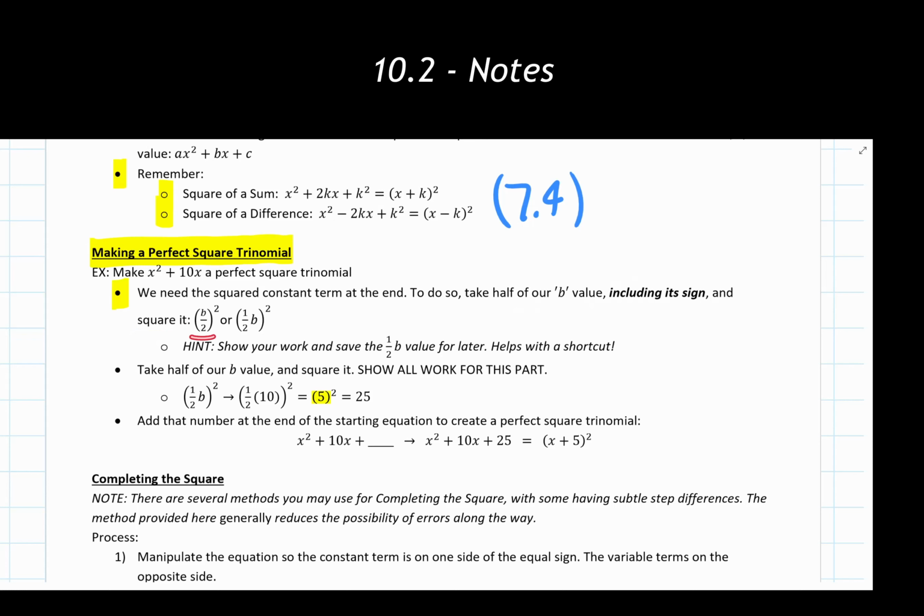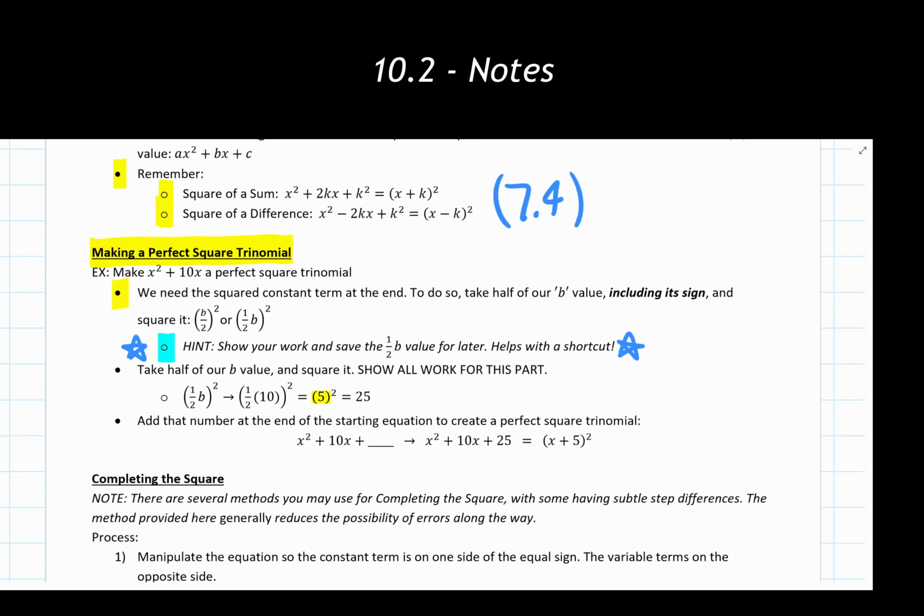So I have two ways of writing this out here. It doesn't matter which one you use, they will get you to the same answer either way. I personally prefer to use this second one, as I think it's easier to work with when this b value is a fraction, which is not uncommon with these types of problems. I do want to note that when you are going through this step, and we'll see some examples with this later on, make sure that you are showing your work on how you're getting to half the b value and then squaring it and getting to an answer. There's a shortcut that we're going to go through shortly, and then we'll see it in some examples. It's going to save you some time showing your work now.